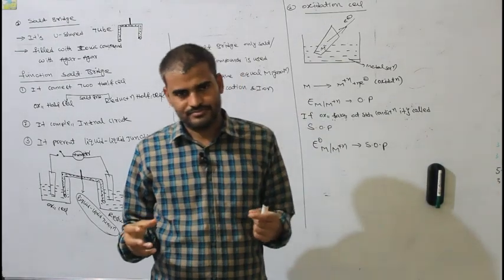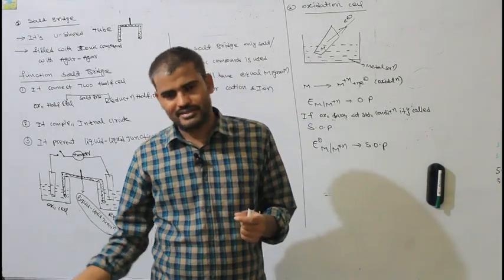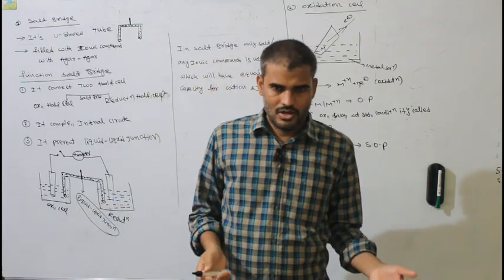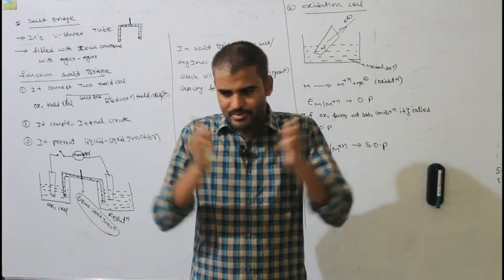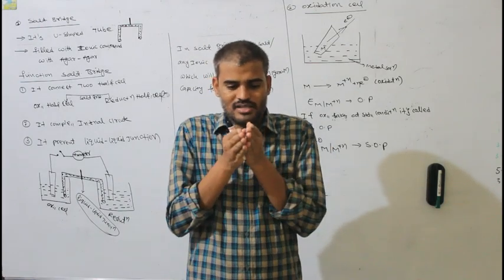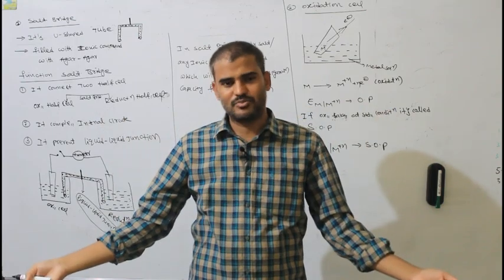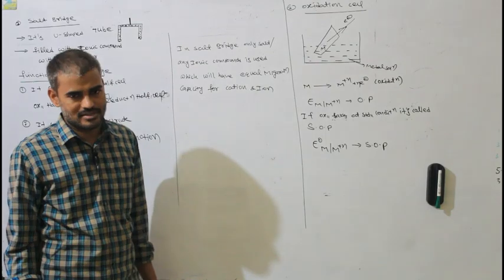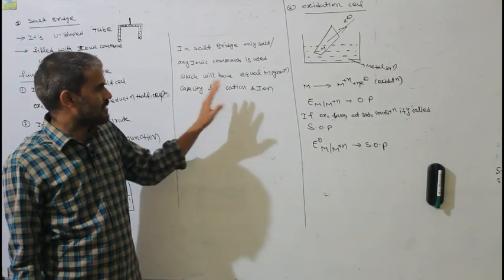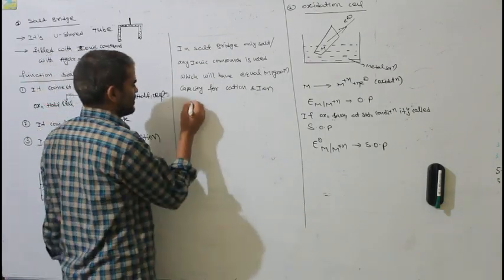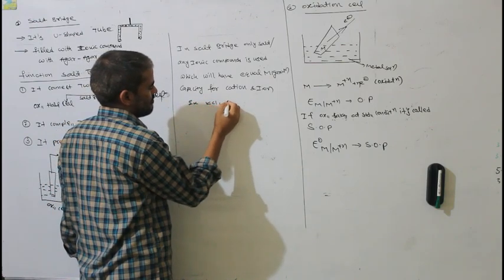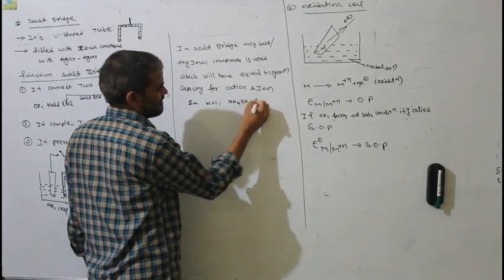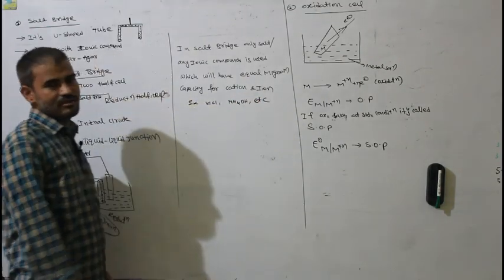From the salt bridge, in the oxidation cell, anions will come. In the reduction cell, cations will come. So this cation and anion release should happen at the same time. Means from the salt solution, they have to migrate into the respective half cells at the same time. So it means they are supposed to have equal migration capacity. Only salts with equal migration capacity will be used. For example, KCl, ammonium nitrate, etc., which have equal migration capacity.